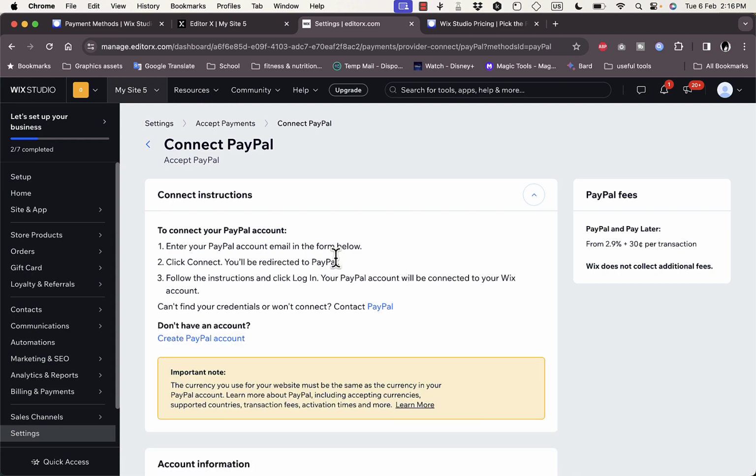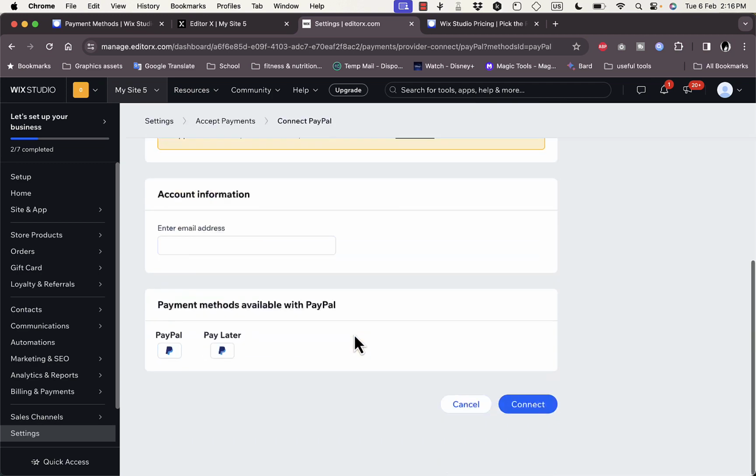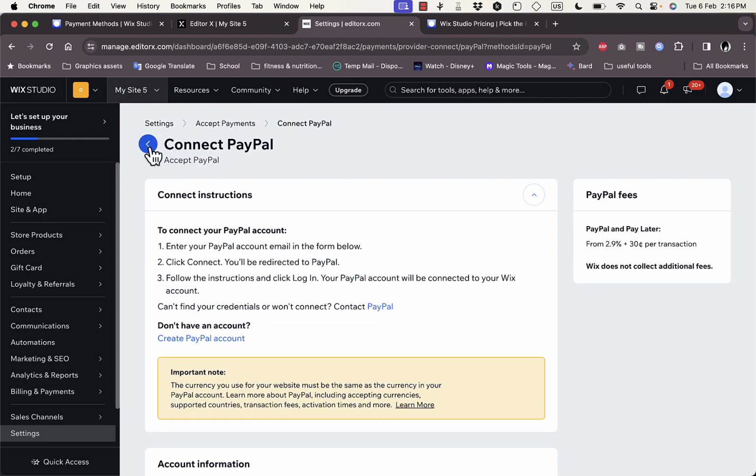So here, to connect PayPal, simply click on connect, and you have the instructions to connect PayPal as well as the PayPal fees. So here you can view the PayPal fees. It's 2.9% plus 30 cents per transaction. And to connect PayPal here, you can enter your PayPal email address, and then it'll redirect you to a page where you can enter your PayPal password to connect PayPal. And if you go back here